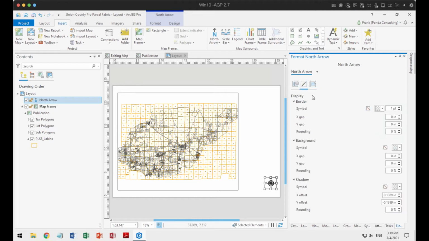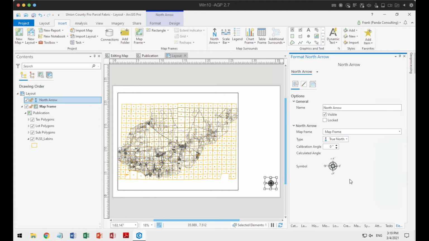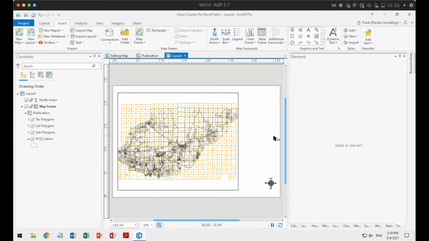Again, the symbology, I can change where it is and what it is and that sort of thing. Let's just leave it at this. Every one of these elements, again, we can place exactly where we want it. The next thing is I want to put our logo on there. All right. So let's add